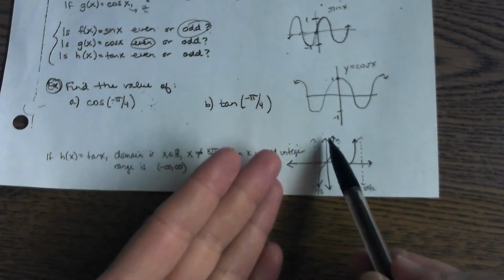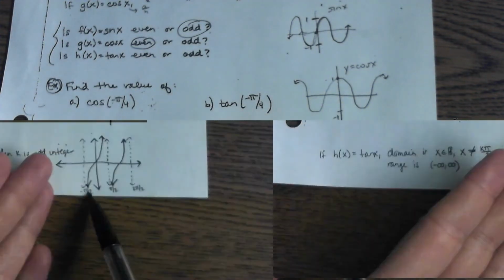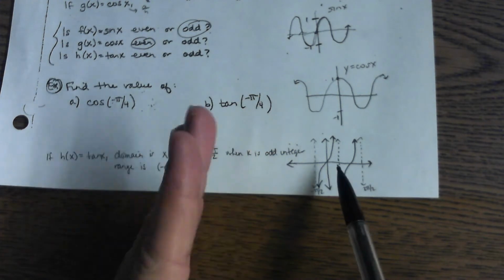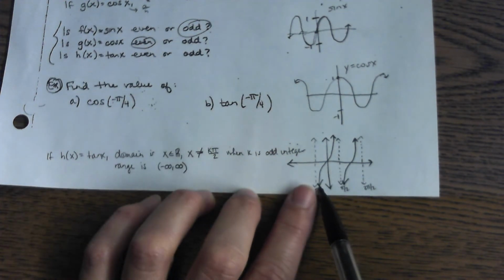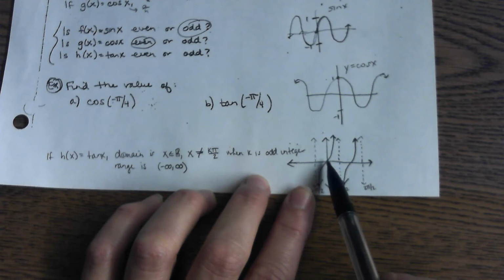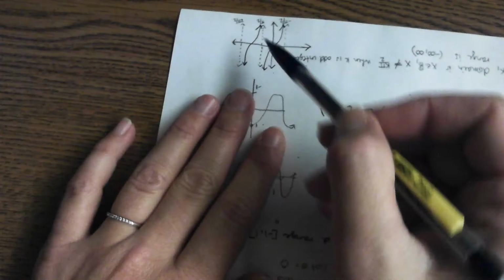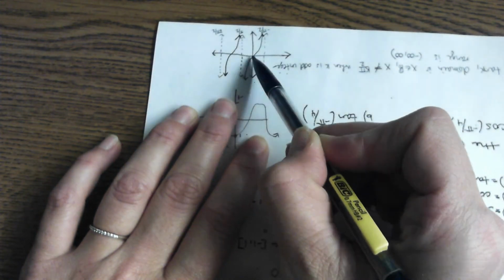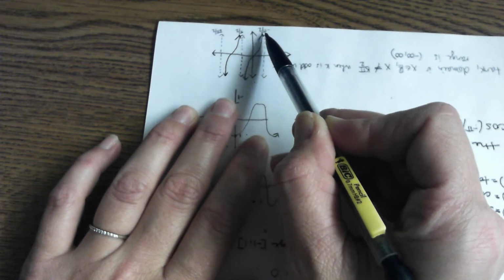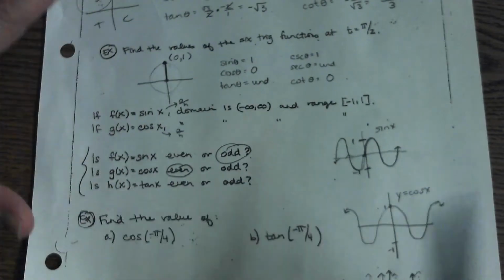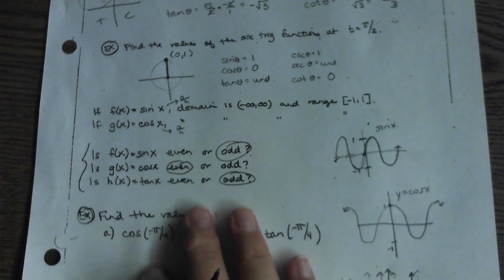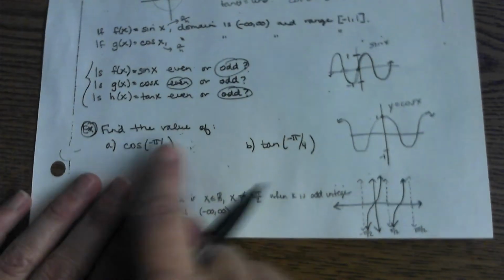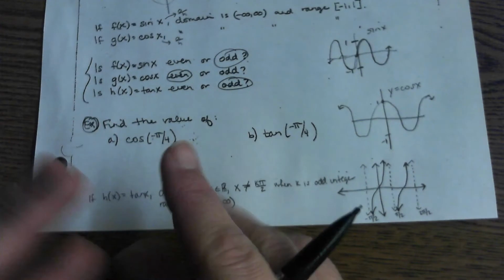Well, look at it. It's not symmetrical to the y-axis, right? But look at it right side up for a second. It starts low, goes through the origin, and then goes up. Well, if you flip it upside down, here's the y-axis. It starts low, goes through the origin, and goes up. It looks the same right side up as it does upside down, which means it's symmetrical to the origin, which means that it's odd. So what this section right here is getting at is